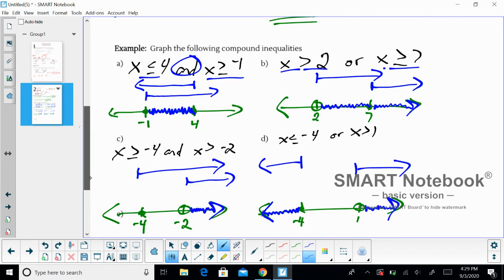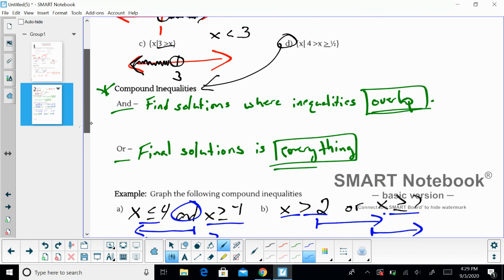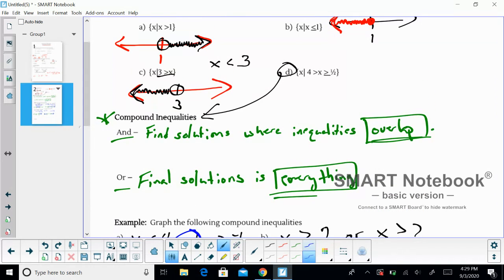Now, there's one more thing we want to talk about. If we scroll up, you remember that problem up here that I said we'd get back to? Well, this one is a slightly different problem because it's written differently. So what this is, this is another type of an and problem. And they try to trick us by writing it all in one sentence. So what we can do is we'll cover up this first half and we write